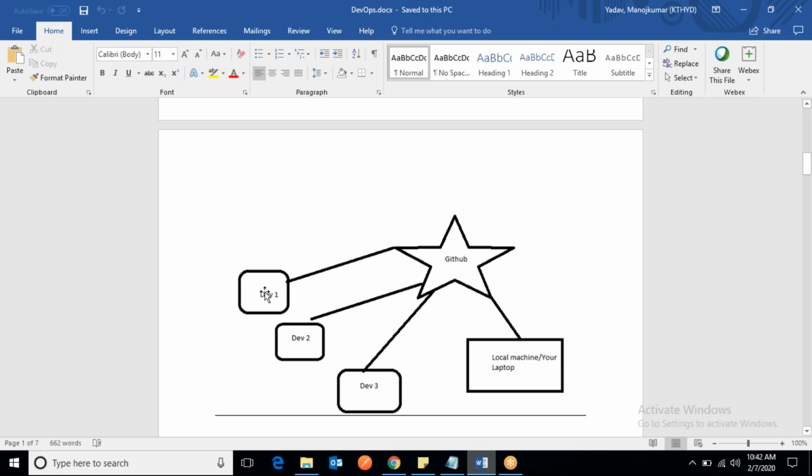That's why you have to create a pull request, so that you are saying, I'm done with this new feature development, and now I want to merge this to the GitHub branch, whatever branch is available. First, you push the changes to GitHub.